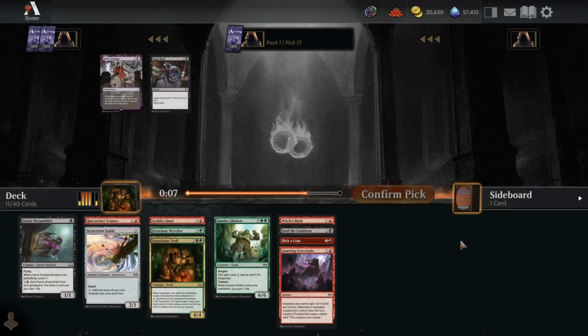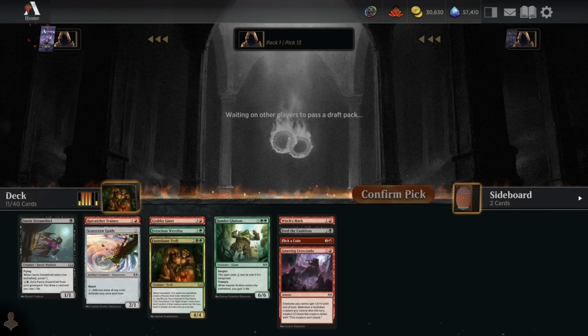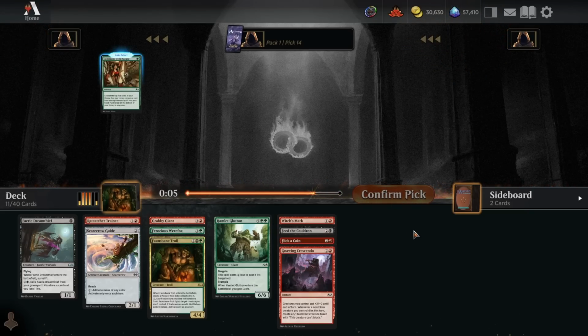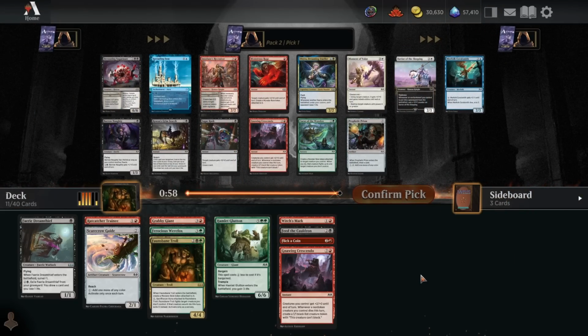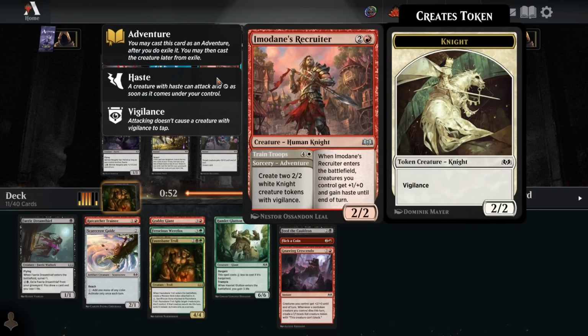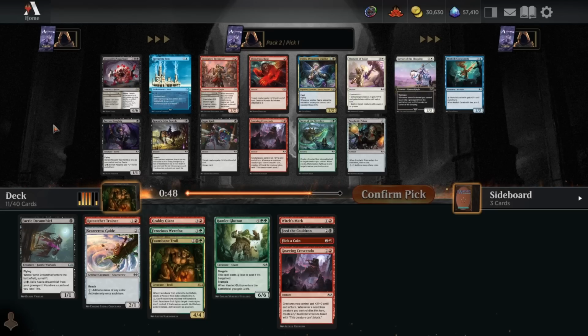I guess I could just give up on my mana base and play full Jund. Just run like 6 of each land. 6/6/5. Ooh. Pack 2, pick 1 shows us an Imidane's Recruiter, a Devouring Sugarmaw, 2 incredibly powerful cards, both of which are